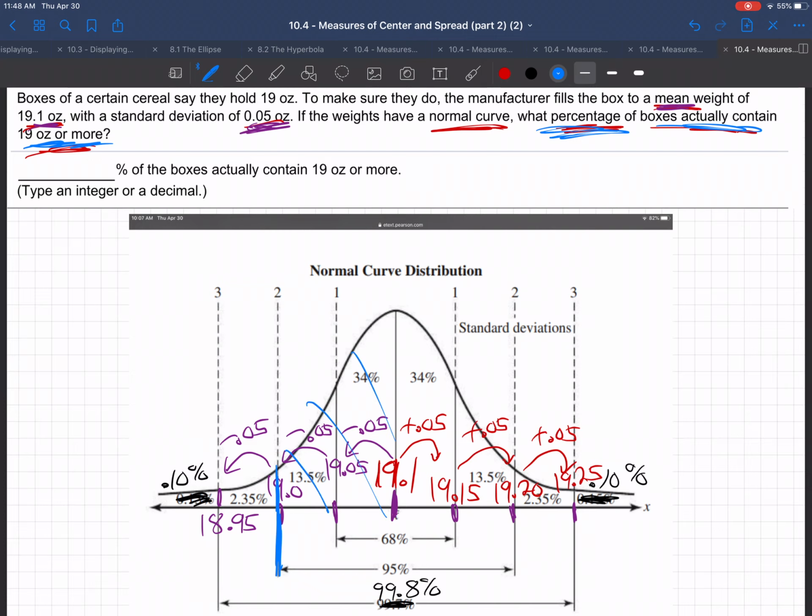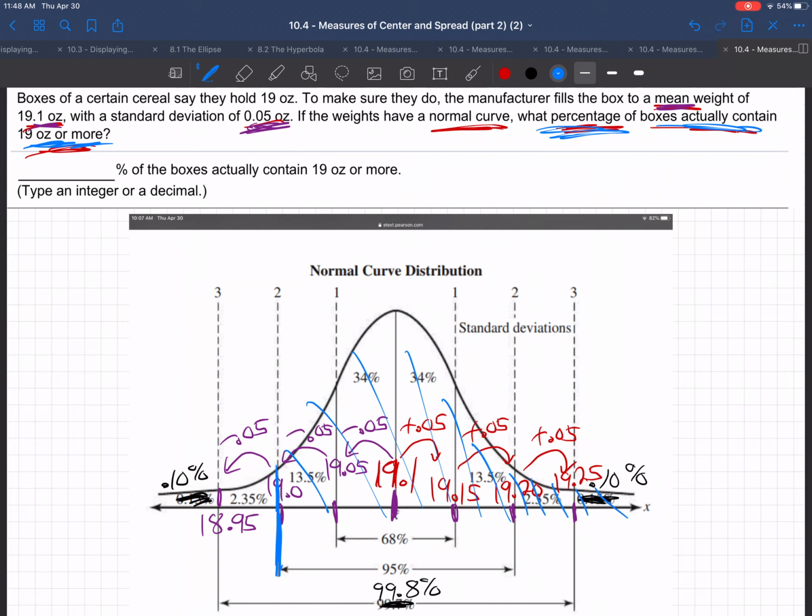So they want all of this area. What is that going to be? Probably the easiest way to do it is